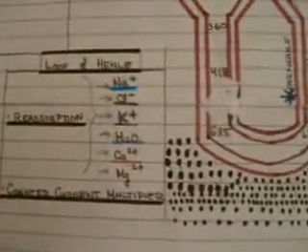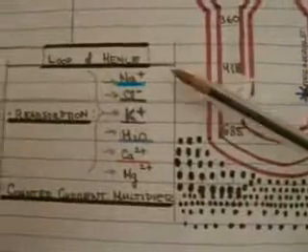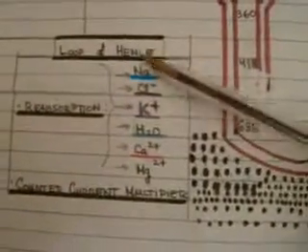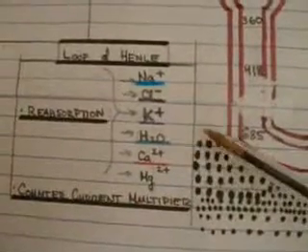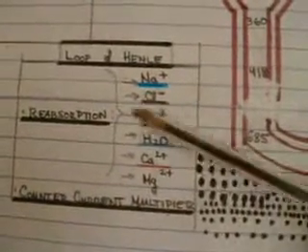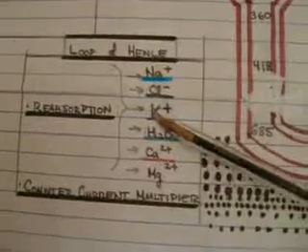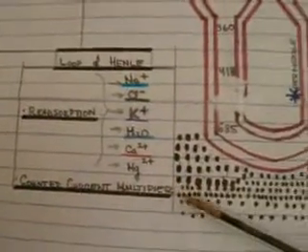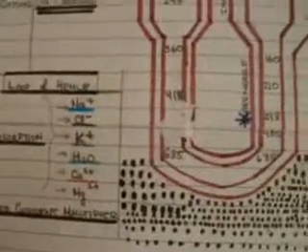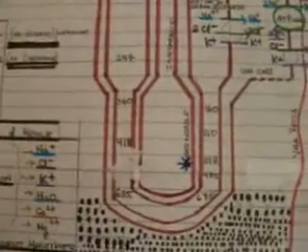So we can see here that the loop of Henle is involved with the reabsorption of electrolytes such as sodium, chloride, potassium, magnesium, and calcium. Likewise, it's involved with the reabsorption of water. And another functionality of the loop of Henle is the countercurrent multiplier. So we can start off by saying that the thick ascending limb